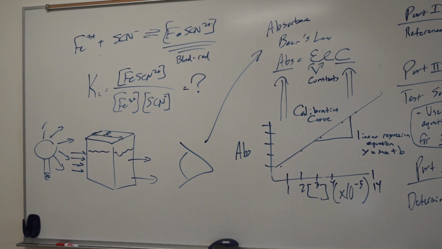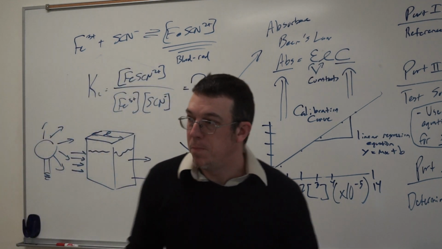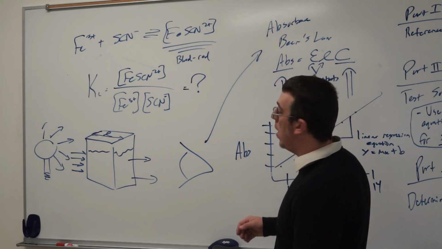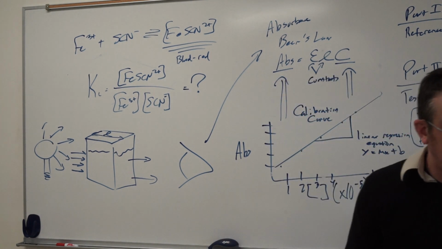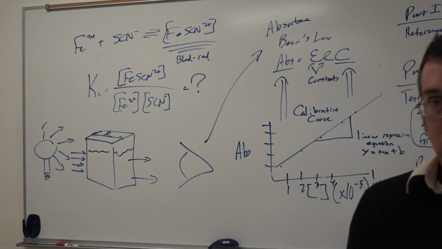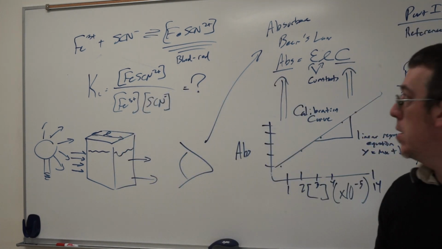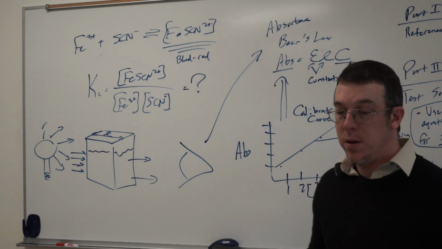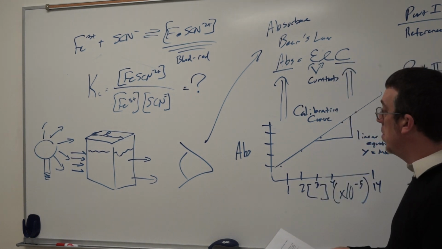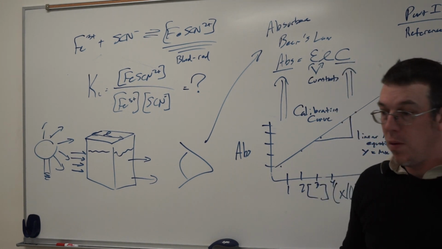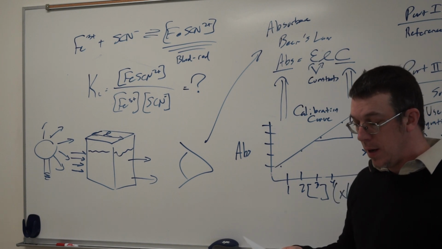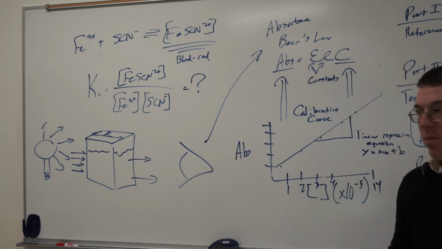All right, hello everyone. So this lab will be pertaining to the iron thiocyanate equilibrium experiment. It's called Le Chatelier's principle, so you can see that in your lab handout sheet. So this is your pre-lab lecture for this particular experiment. And so we're going to go over what to expect in this lab, how to go about solving for the